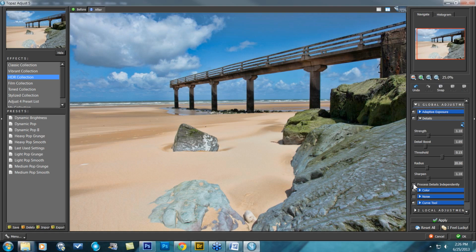Here's before. I'm just keeping an eye on the pier itself and the glow around that. Oh, that was the color. Oops. I say process details independently one more time. Just takes that down a notch, but it's still there. So now what I'm going to do is take out